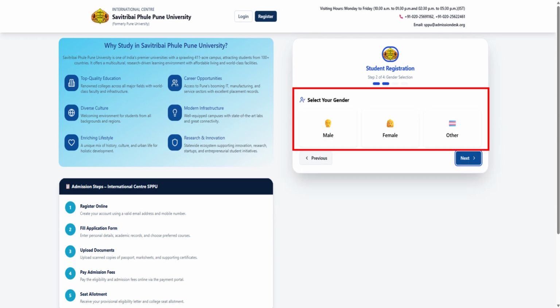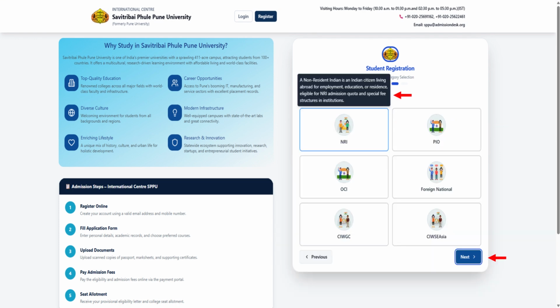Next, select your gender and then choose the correct student category. You can hover over each category to read its definition and select the one that applies to you, such as Foreign National, NRI, OCI/PIO, or CIWGC. Please note, if you are applying as a Merchant Navy, Seafarer candidate, please choose NRI as your